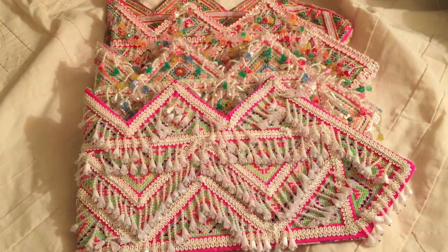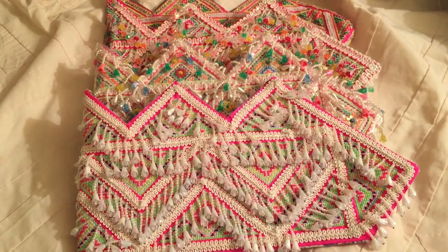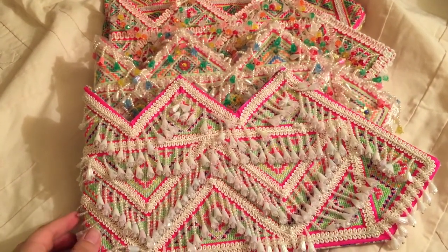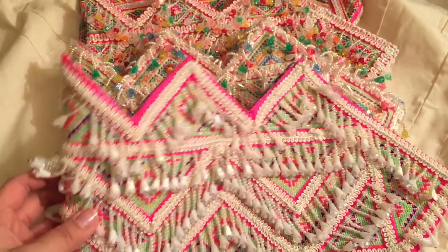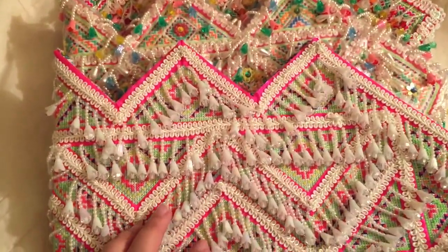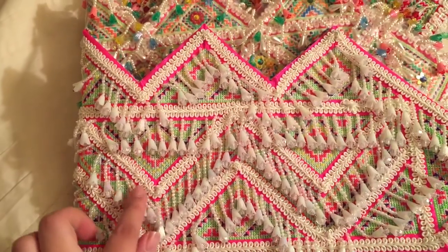Hi everyone, this is my Hmong item of the day. They are the Hmong Princess hats. So I have 4 right now. I've just been collecting them. This one is from my mom, and then the rest I bought from other people. But super pretty. All of them have the bandao